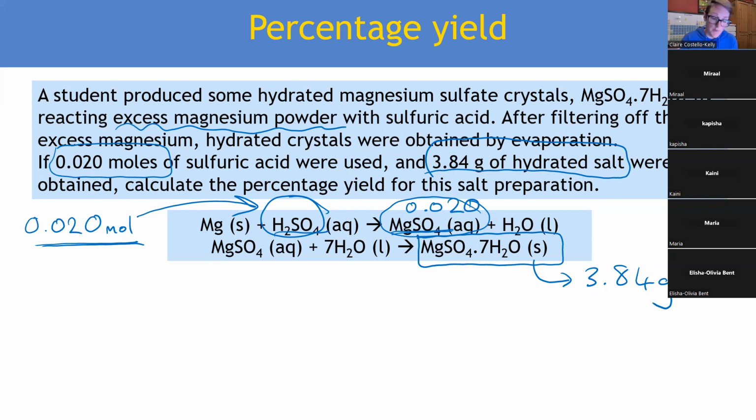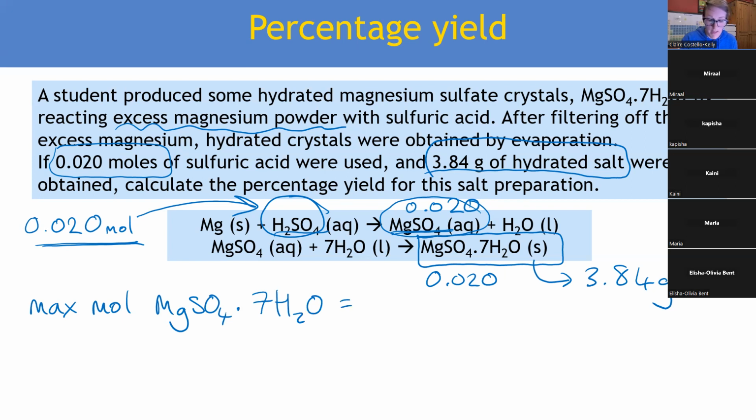And don't worry, we're going to get onto the MR calculations. That means the maximum moles of MgSO4.7H2O is going to be 0.02 because it's all a 1-to-1 ratio. So I'm not counting the moles of water yet. So how we work out the MR